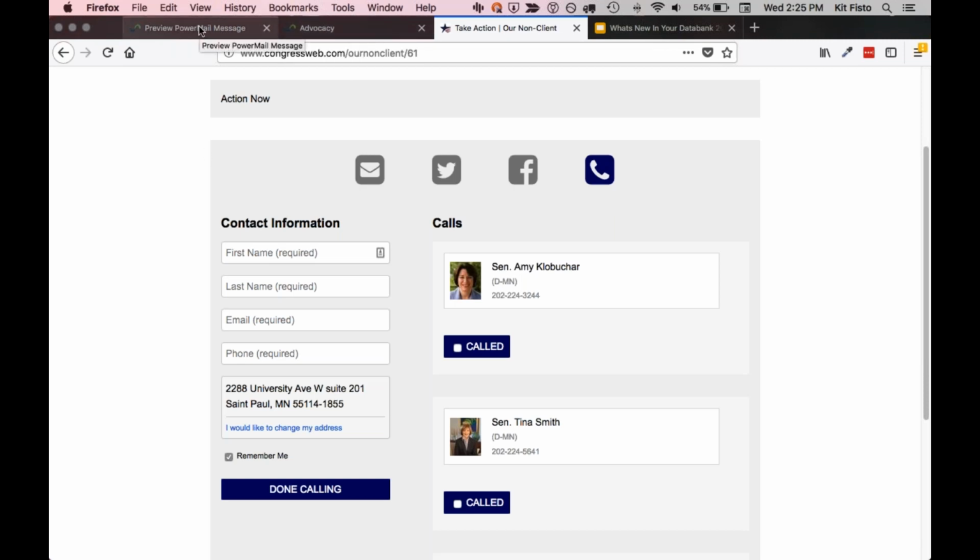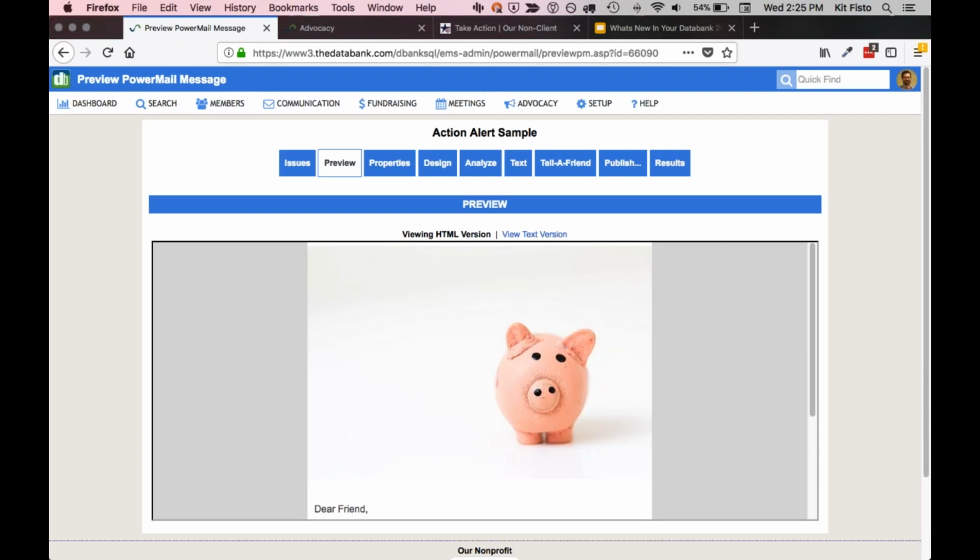All right. And then the final change, which isn't a huge change in terms of functionality, is a change in the way we're displaying and presenting things to you. So when you are sending an action or an email,